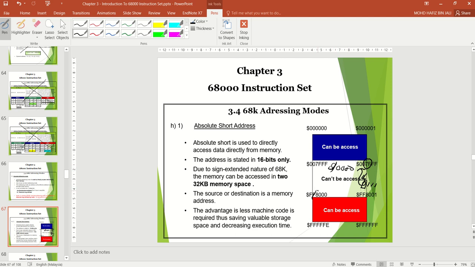For example, this one, 8 is 1000 in binary. If the MSB is 1, the upper word will be set to F, and then the address location 8000. I hope you can understand the sign extension rule. This is exactly what I explained in the previous video.